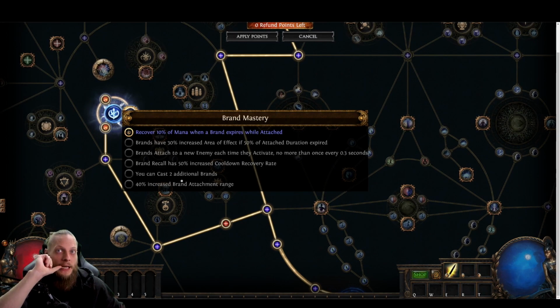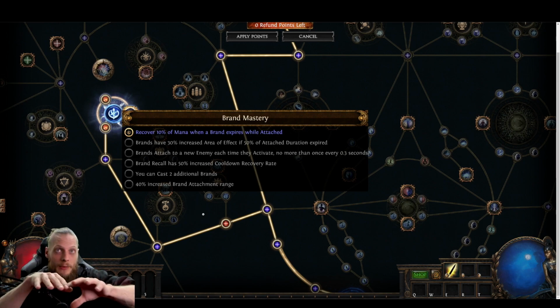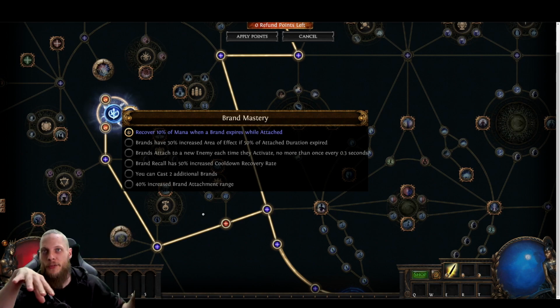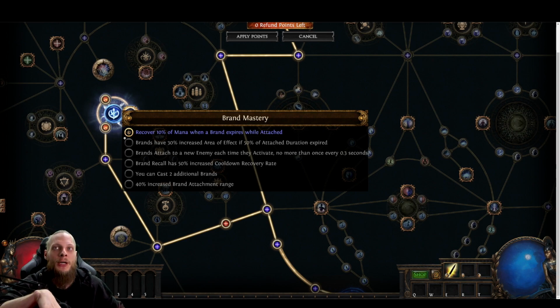Yes, I definitely see that. That's really good too. And increased brand attachment range is really good too. It sounds weird, but on, for example, Penance Brand, increased brand attachment range got removed on some clusters, you know? And the result is usually your brands chain, if you get enough of those, your brands chain over a screen. You put them there, you don't even see the monster, and your brand's like, yip, and kills the stuff off screen, you know? And they removed a lot of brand attachment range, so...